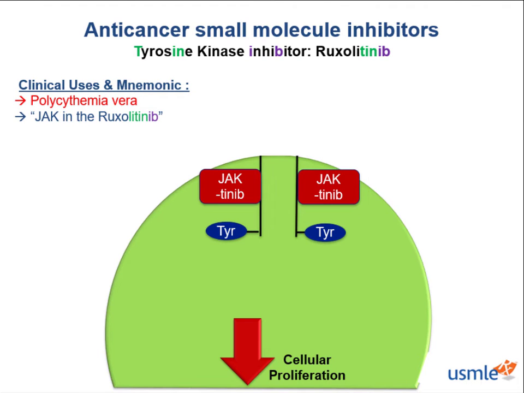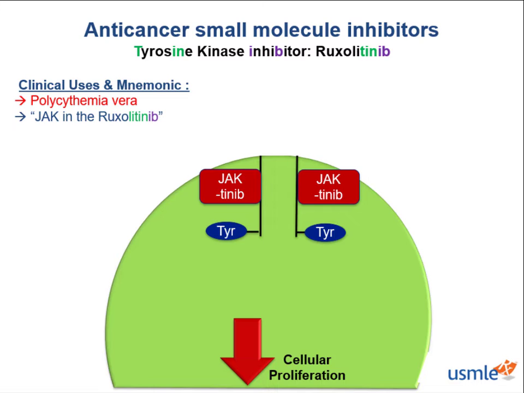This agent is used to treat polycythemia vera, which involves mainly proliferation of red blood cells, but also platelets and granulocytes. Let me impart this Step 1 wisdom to you. Proliferation of red blood cells, platelets, and granulocytes all involve cytokine signaling through the JAK-STAT pathway that we discussed here. Erythropoietin is a cytokine that signals through the JAK-STAT pathway, hence the use of ruxolitinib in treating polycythemia vera where